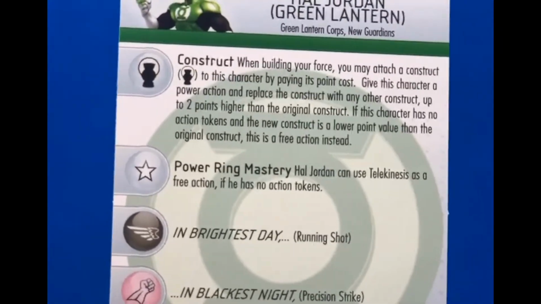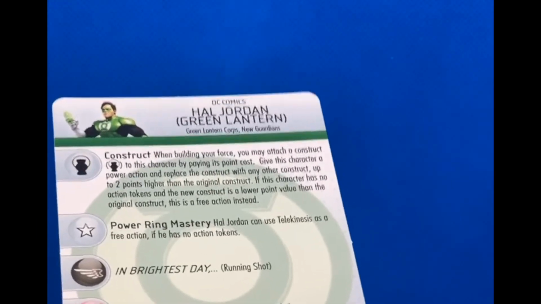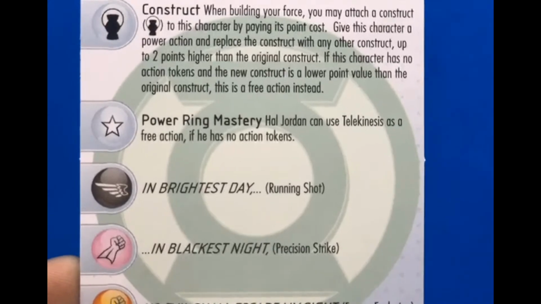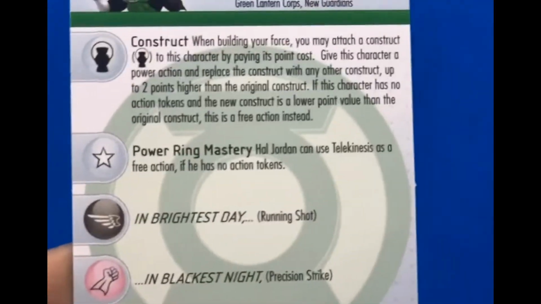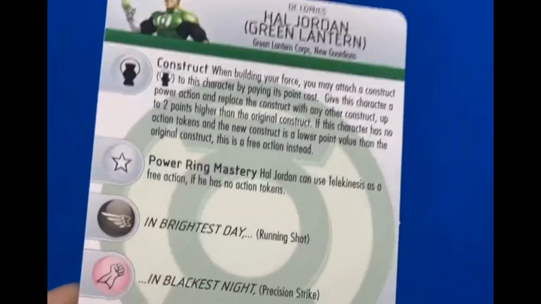You have the Green Lantern Kingdom Come from the Legacy set. Ooh, I love Kingdom Come Green Lantern. There's a few Green Lantern pieces that I really love and I really want to get my hands on, and the Kingdom Come one is one of them. We have here the trait. He can use Telekinesis as a free action if he has no action tokens. That's still very strong, actually. Telekinesis, just a quick way to throw your...